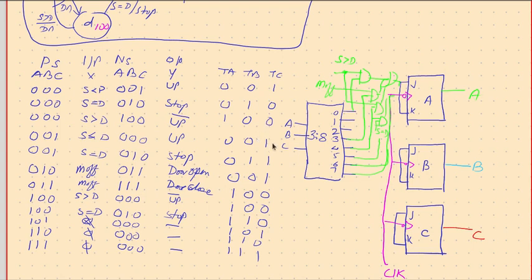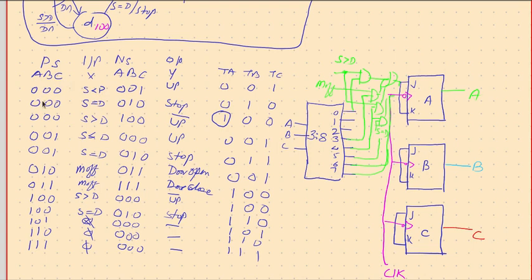And then how to implement this? So let me use the 3 to 8 decoder to simplify our work. What the table is saying is, if you are in this state and if this is the input, you should go there. That means if you are in this state, if this is the input, then TA should be 0. If you are in this state, if this is the input, TA should be 1. So we need to create TA equal to 1 whenever required.